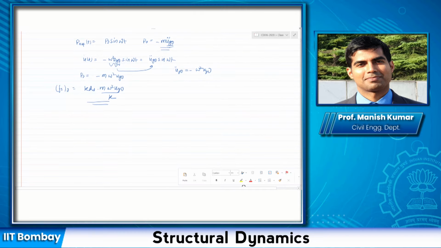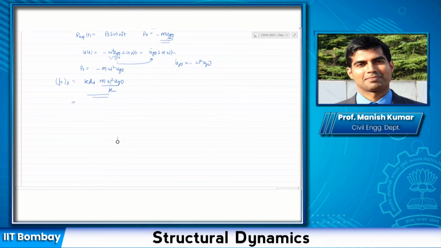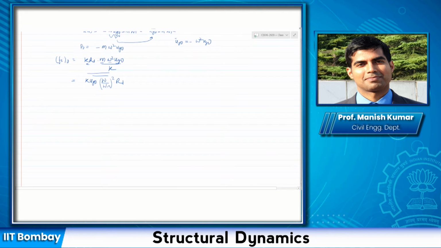Now, if you look at this carefully, the amplitude has this term omega square. So let me write it further. I can write this as k ug naught, combining this one. If I bring m to the denominator, it would become k by m, which I can write as omega by omega n square. So this whole expression I can write with this Rd. I have already obtained the maximum with respect to time, which is this.